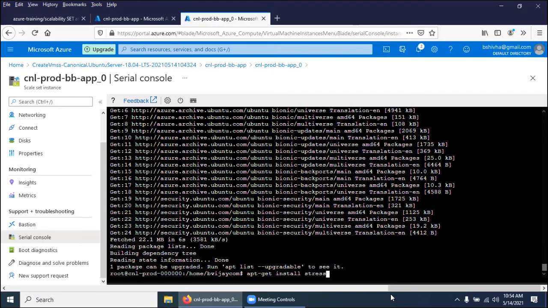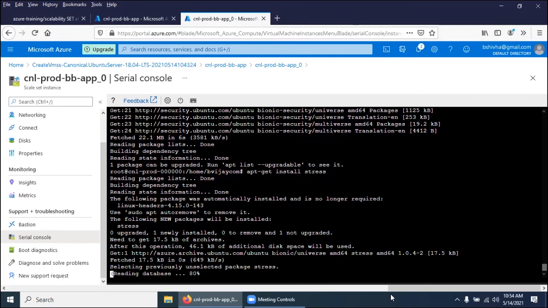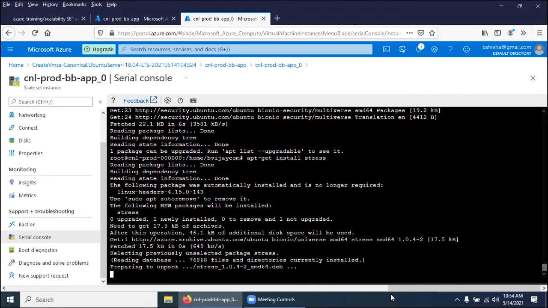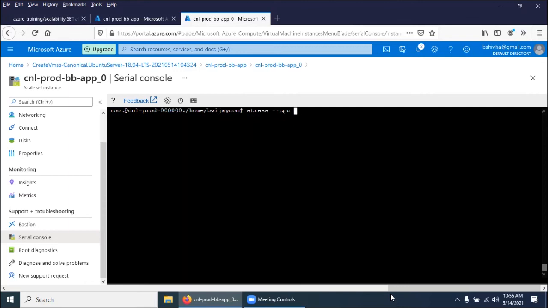Again, we are running apt install stress. So it's getting installed now, this package. So now what we are going to do is stress CPU. You remember this virtual machine scale set got created with 75%, right?